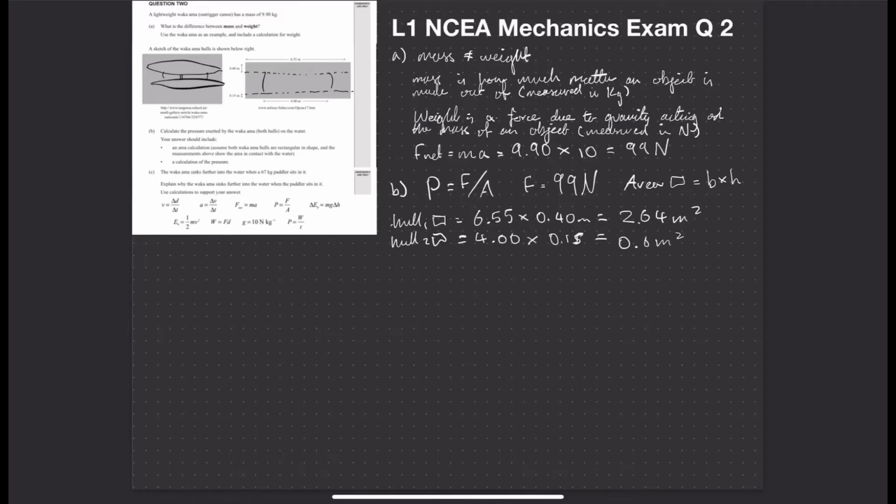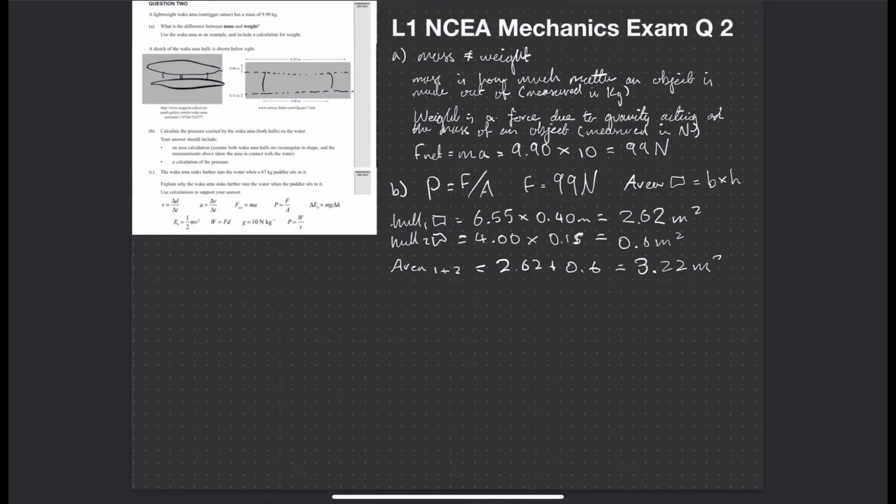meters squared. Oh, I've made a mistake here actually. My calculation for this one was incorrect. That's actually 0.62 meters squared. I don't know where I got that 4 from. Anyway, let's ignore that. And let's go on to our combined area. So area 1 plus 2 equals our 2.62 plus 0.6, and we're going to get